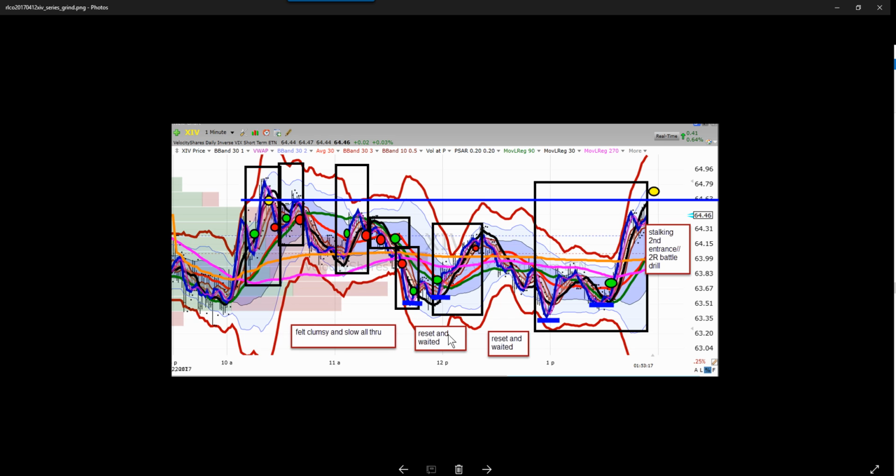I waited to reset because I was still agitated from all of this, what I think is poor performance. So I see a low, a higher low. I see that as a P4, exiting properly. That was good. I thought I was back in the groove, but I wanted to reset again, so I missed